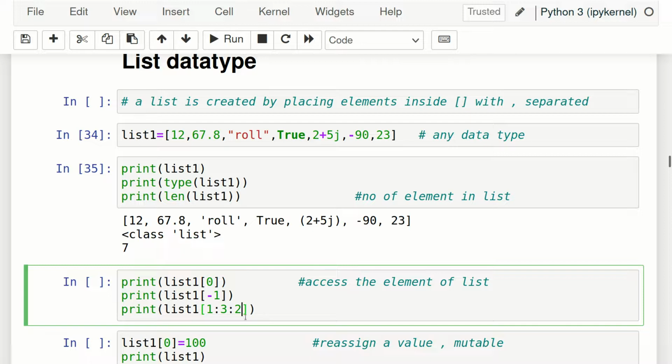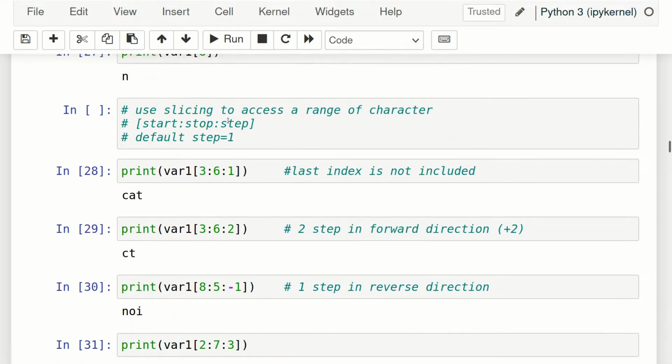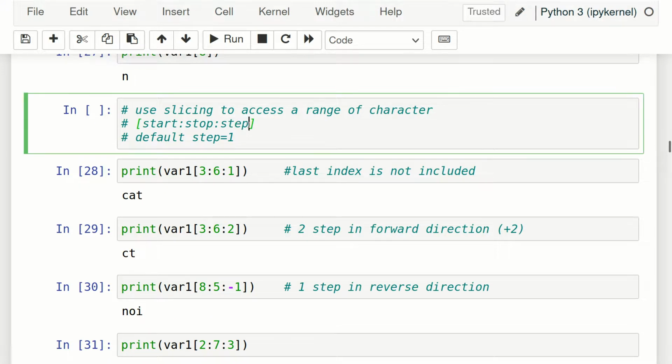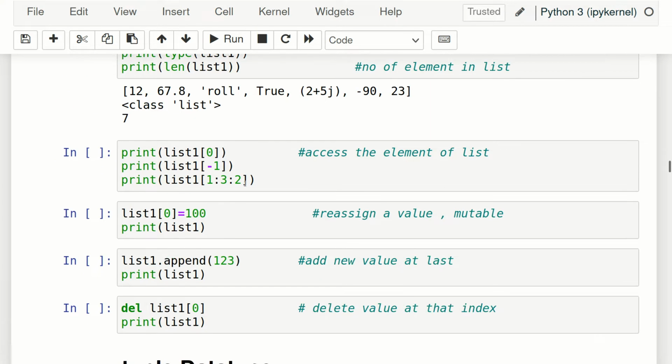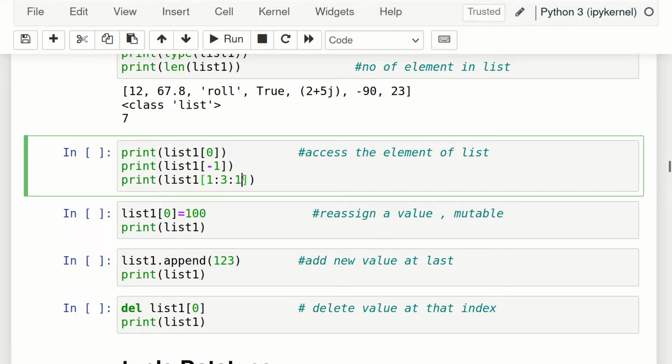If you are aware of this, the last one is called step. After 2 colons, this is called step. So if we remove this part, and just give start and stop, then by default Python will understand that the step is 1, that I have written here. Default is step equals to 1. So if we do not give it also, then it will be the same thing. So 1:3 and 1:3:1 both are same. If I give it like this, it means step 1, and if we do not give it, Python will understand that it is the default case, which is step 1.